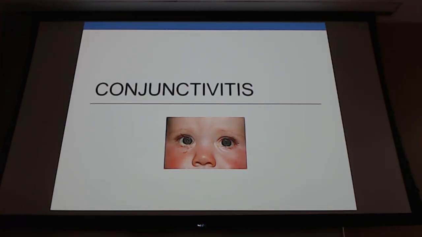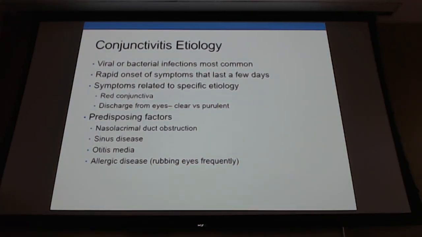Which takes us to conjunctivitis. So what are the 3 types of conjunctivitis? Viral, allergic, bacterial, there's a 4th. Chemical, yeah, chemical. Most common in kiddos makes sense, it's going to be because virus is everything, so viral and bacterial are going